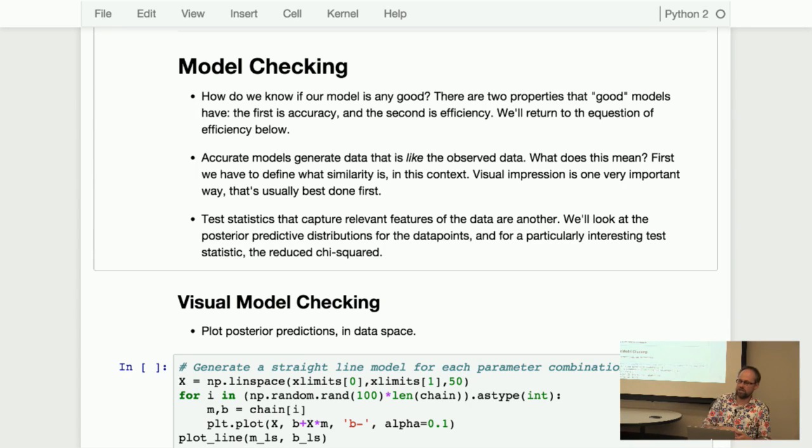Okay, so accurate models generate data that is like the observed data. That's what it means to be accurate. And also, if you imagine taking future data, you can imagine having a model that would be good at predicting